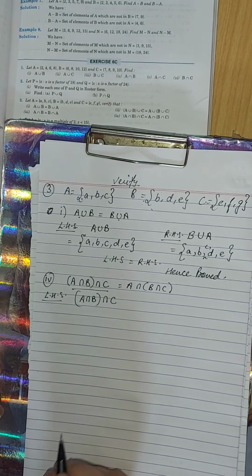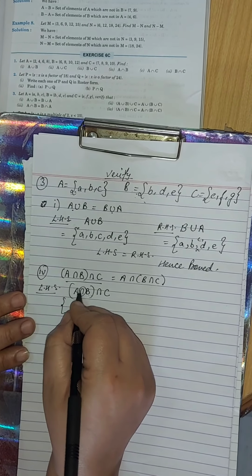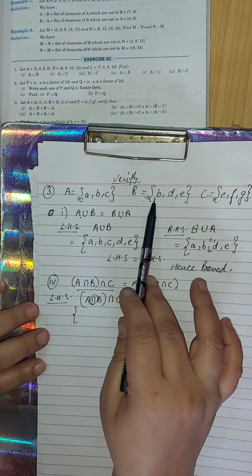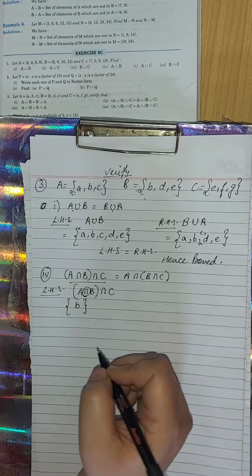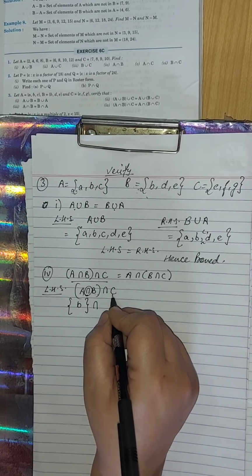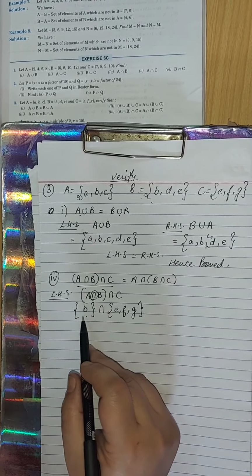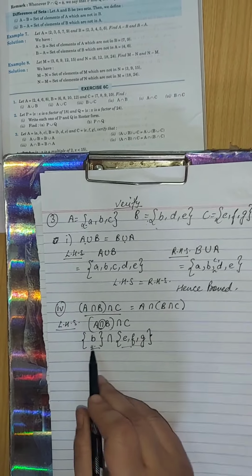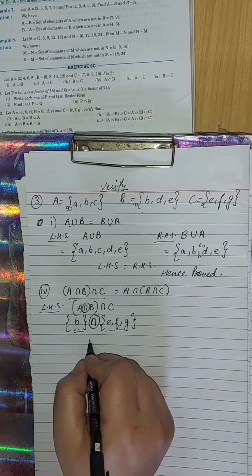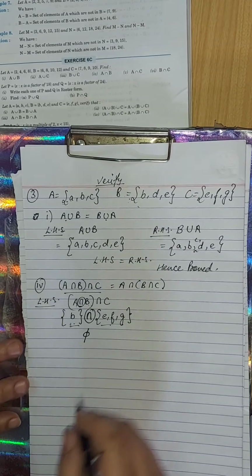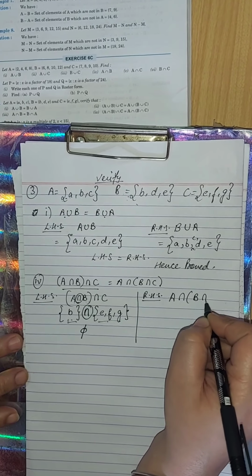Left hand side में आपको ये given है. सबसे पहले आपने find करना है A intersection B. A intersection मतलब common. Common कौन सा element है A और B में? What is common here? B. तो आपने यहां पे लिख देना है B element curly bracket में. Then intersection C. C के elements क्या है? E, F, G. अब इन दोनों sets में, ये दोनों set ही हो गए ना आपके, इनमें कोई common है? क्योंकि इन्होंने बीच में sign दिया है intersection का. There is no common, so what you will put? The sign of phi.